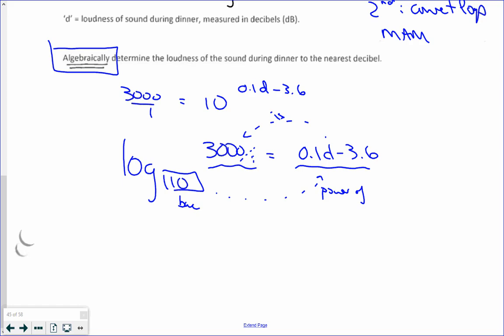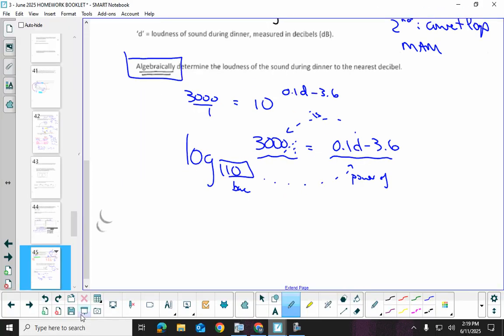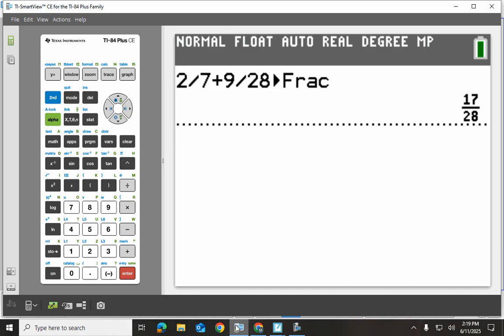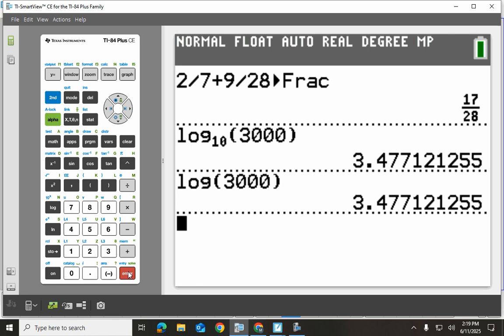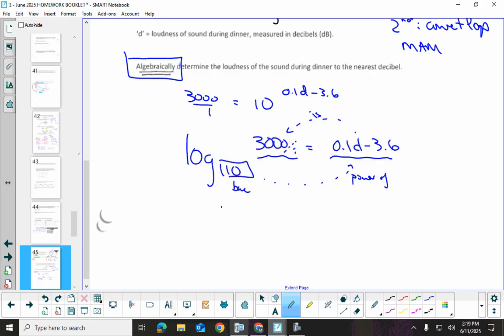Okay, since it is base 10, you don't have to use the MAM key. If you want to, you can. So if you use the MAM key, you can go log base 10 of 3,000, like that. Or you can just use this big old log key right beside number 7. You can just go log 3,000. Either way, you get out the exact same decimal. Okay? So we've got this 3.477